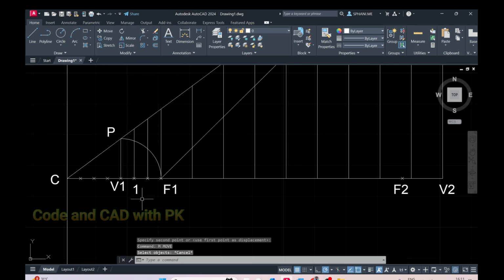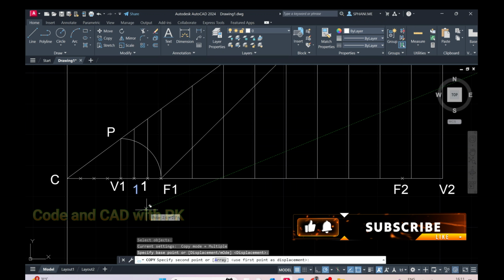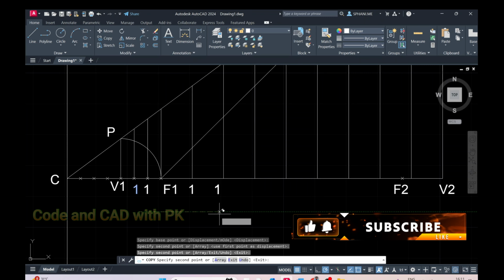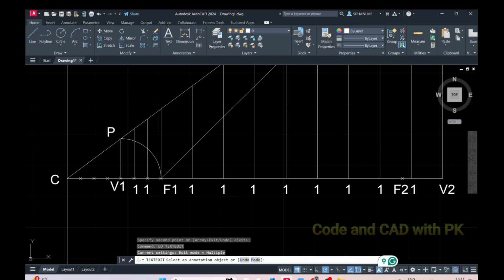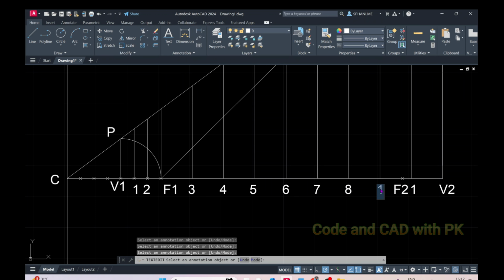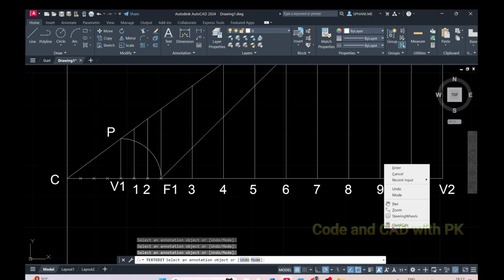I am going to copy this point 1 here, here, here, here, here, here, here, here, and also if you want here. Enter. ED, this one is 2, this one is 3, this one is 9, and this one is 10. Okay,